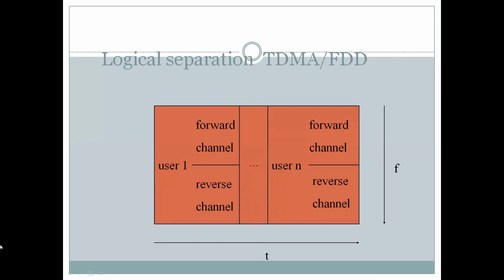User 1, the band closes, this is a time band. User 2, band closes, this is another time band. So this is time division multiple access. But what kind of duplexing has been used? What kind of isolation technique has been used for the channel? This is in terms of frequency domain.